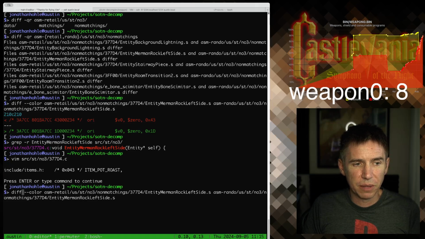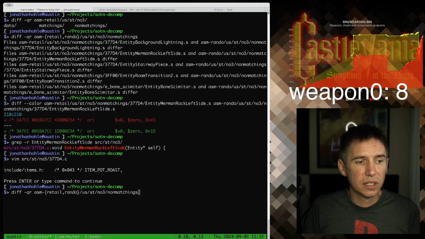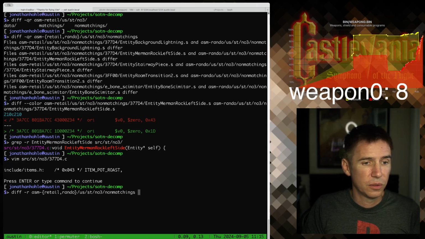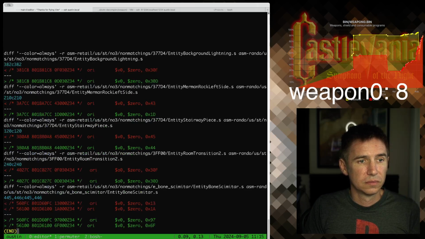Let's look for something maybe a little more involved. So in that case, they're changing a constant value, which doesn't require any code changes, but there are places where code is changed by the randomizer. And I'm not sure if there are any in NO3, but I know where some others are that we can look at as well. So I'm going to run this through less, so I get a pager. So in NO3 it looks like it's primarily just item changes,